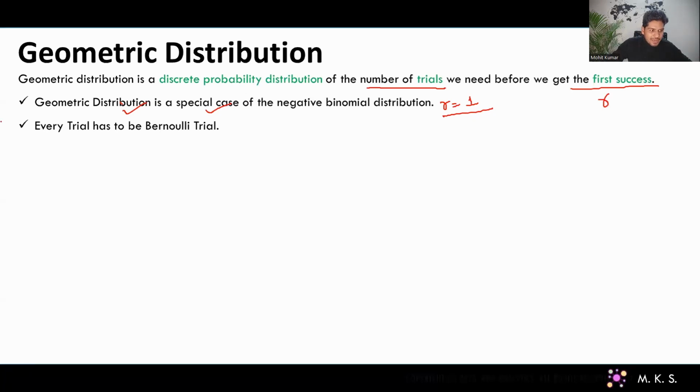Now, another similar concept of binomial and negative binomial distribution, every trial has to be a Bernoulli trial, guys. So, if you have not watched my last two videos, you will not understand what is a Bernoulli trial. There I talked about this particular part in detail. In this video also, I'll give you two conditions based on which we say whether a trial is a Bernoulli trial or not. I'll come to that part.